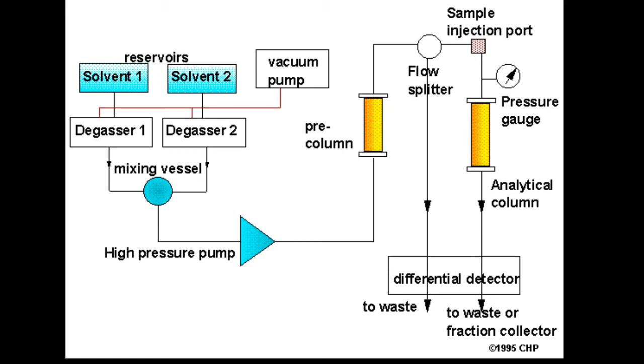Now we come towards the sample injection port, where we are introducing our sample, our mixture, into the analytical column. Again there are three methods. The first one is the manual injection method, the second one is the stop flow method, and the third one is the sample loop method. We can use any one of the three for injecting our sample to the column.